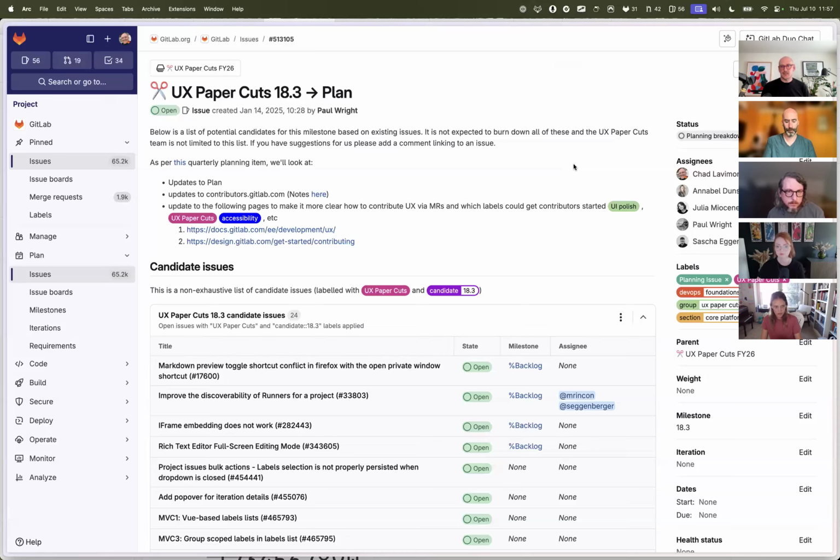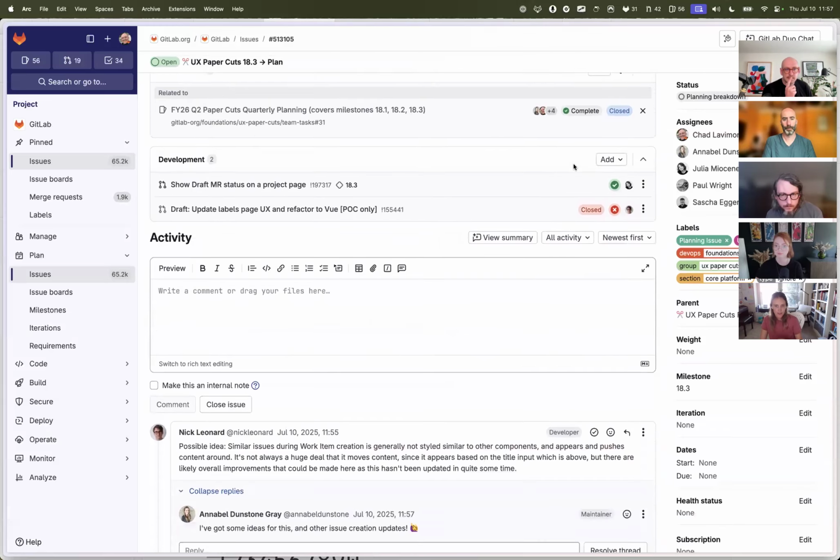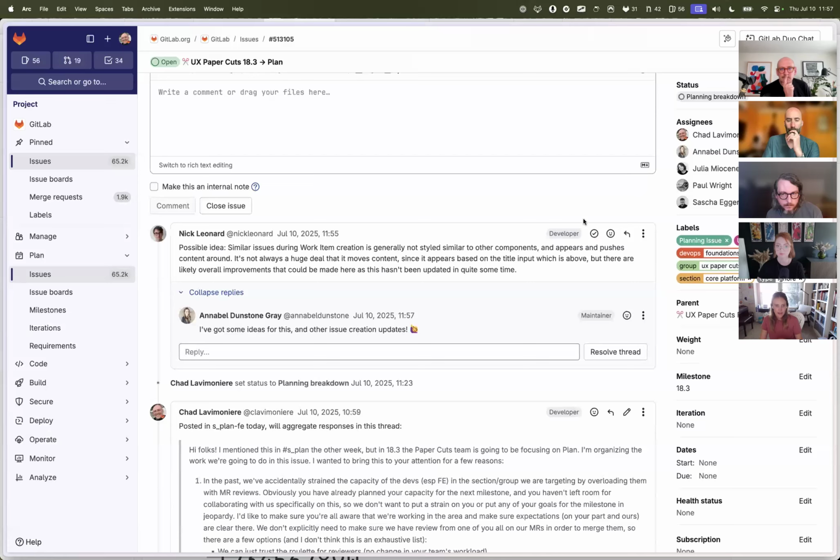That's good. And then one random thing, Nick, have you ever seen a feature request like the comment that you just put on the issue? I was like, oh, maybe I'll make it into an issue. Have you ever had a feature request to convert a comment to an issue? Because you can do that on an MR, right? If it's a thread, you can create an issue to close the thread, which pulls in the first comment or something like that. Yeah. I don't know that we have a request for that, but